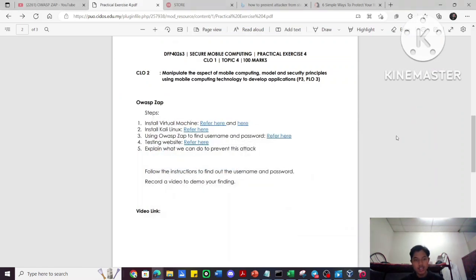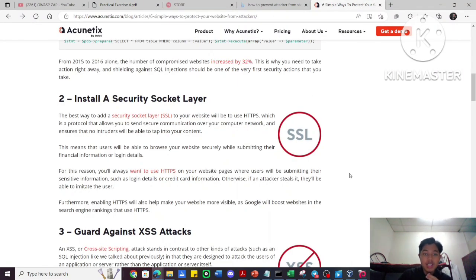Okay, how to prevent this attack? To prevent this attack, I suggest that we install a secure socket layer. The best way to add a secure socket layer to your website will be to use HTTPS, which is a protocol that allows you to send secure communication over your computer network and ensure that no intruders will be able to tap into your content, which means it will make our website safer,